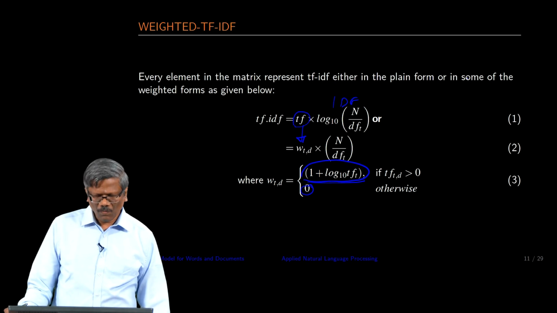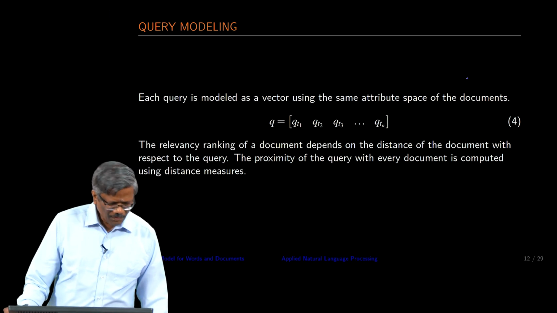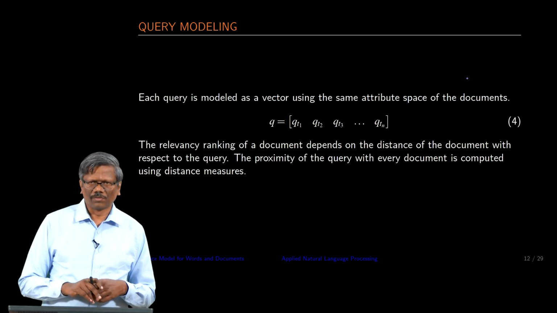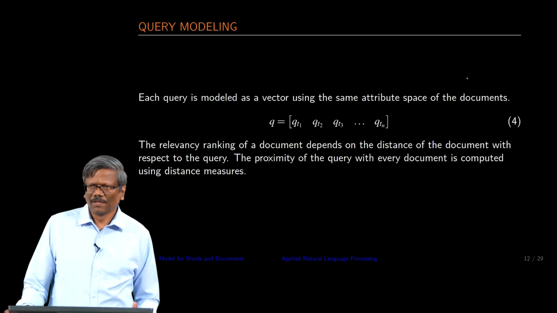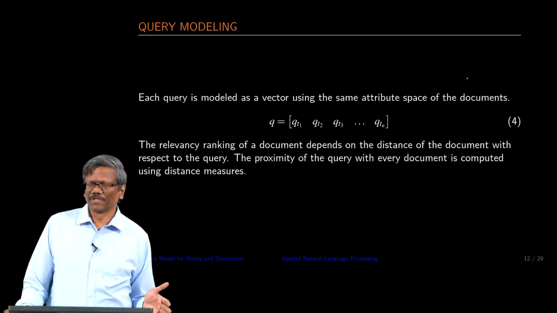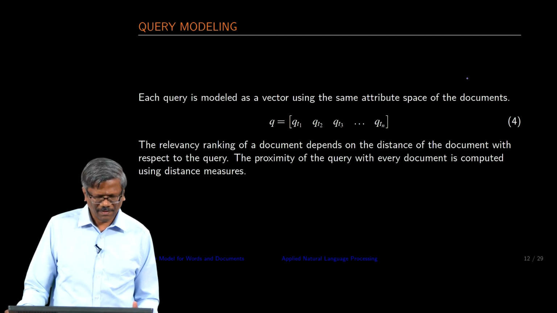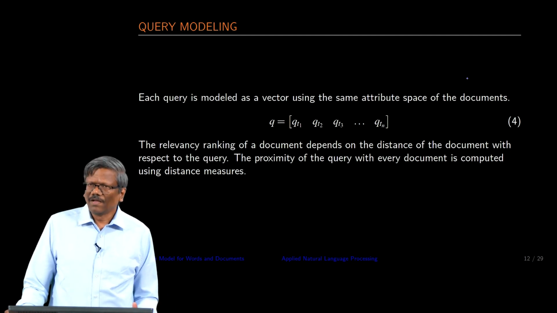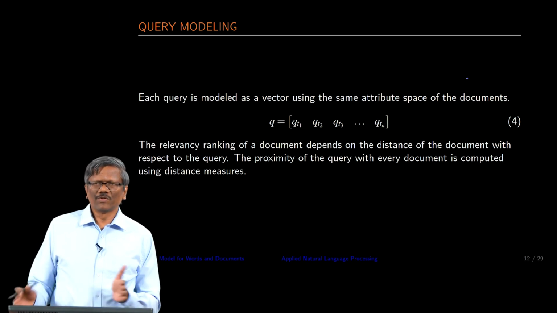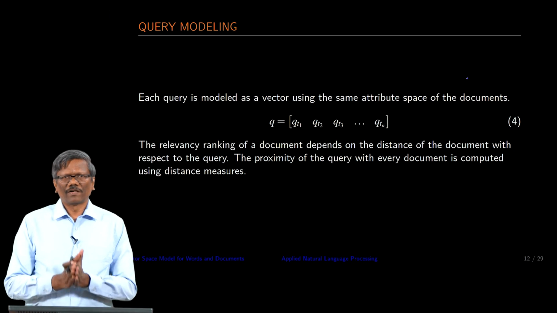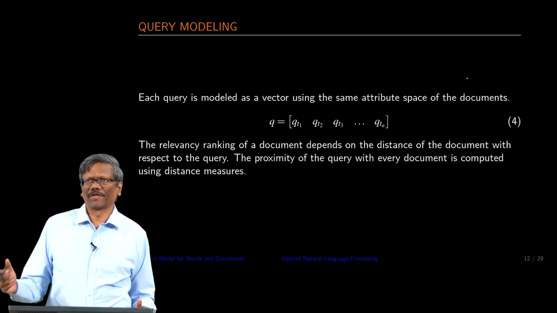Now, what is required? We have a set of documents, and we have collected the term frequencies with respect to the weighted term frequency, using TF IDF or the log of those which I explained earlier. Now, I want to find out, using a query, how close that particular query is to some of those documents, and then rank them accordingly.